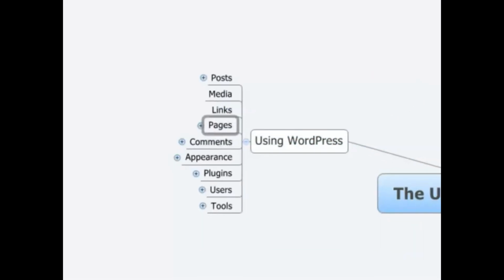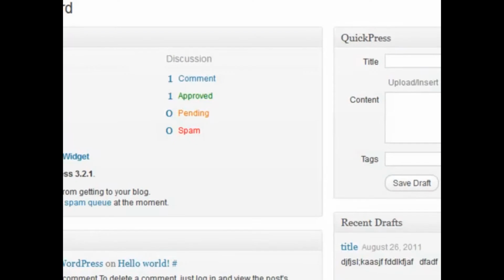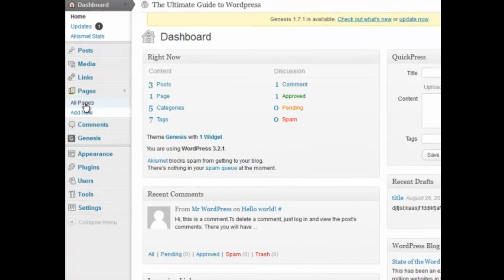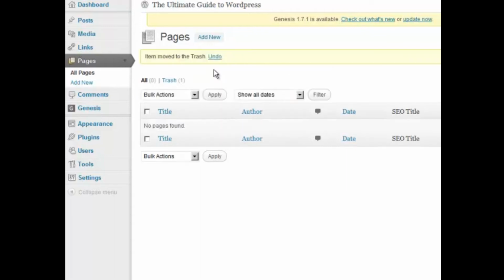Okay, so the next step in using WordPress is adding or editing pages. So we can write new pages or we can edit existing pages. Well, since this is a brand new site, we don't have any existing pages. So go over to pages, click on all pages. Actually, there might be one page here. It's a sample page. We'll get rid of that one. And then we'll add a new page